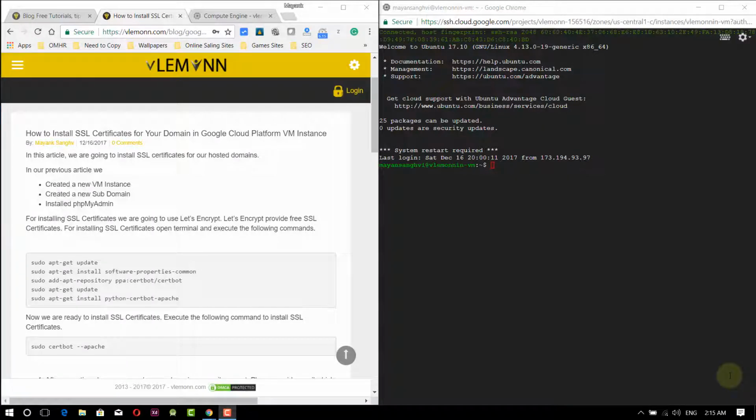In this video, we are going to learn how to install an SSL certificate. We already covered in our previous videos how to create a VM instance, how to create a subdomain, and how to install phpMyAdmin in your VM instance. Now we are going to add SSL certificates for our domain so our users are able to access our sites